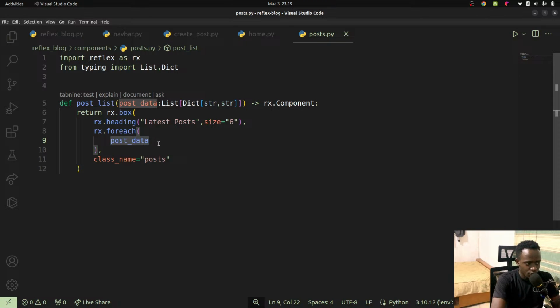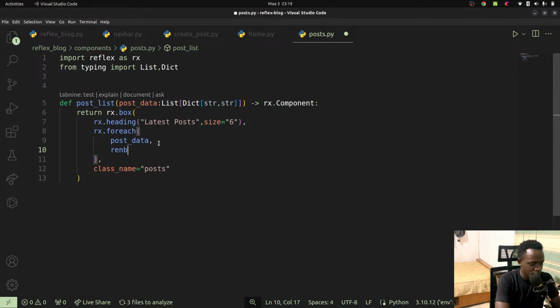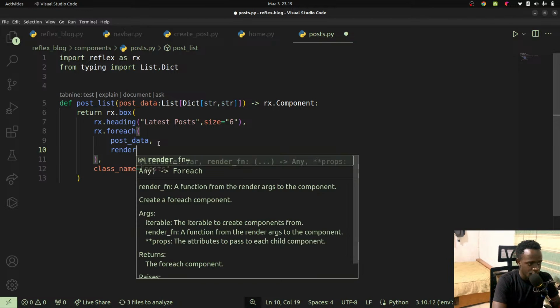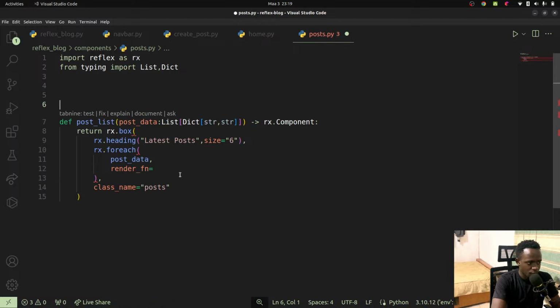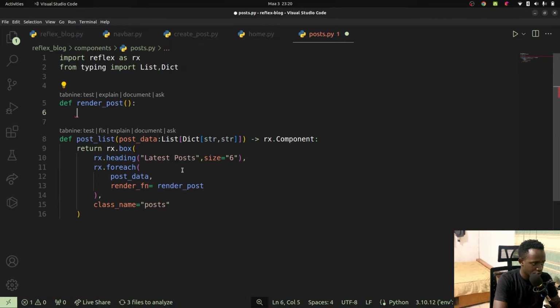So let's go ahead. Once we've defined the data that we want to pass in here, then we're going to specify what is called the render function. The render function is going to be that specific function that's going to render a component based on our data. So in this case, our render function is going to be equal to a function that we shall call render post. We can also do something like lambda, but I choose not to do that because I want the code to be more organized and more readable. So I'm just simply going to call this function render post, and once I call that function render post, I'm going to go right here at the top and then define that function render_post, and this is simply going to go ahead and return